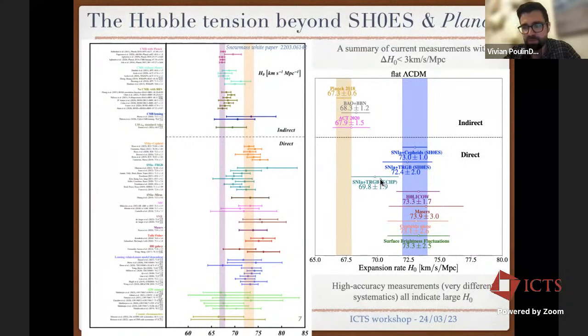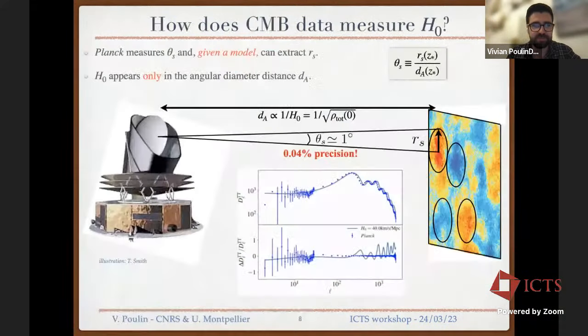There is some debate about the tip of the red giant branch that you may have followed, where the SH0ES team and the CCHP team led by Wendy Freedman disagree essentially on some of the analysis that has to do with things that are a bit beyond what I understand, dust and so on, and some measurements. So this is of course still debated, but you can see that there is a clear trend. Even if you ignore these things, there is a clear trend that the local measurements give you a higher value of H0 than the prediction of the ΛCDM model.